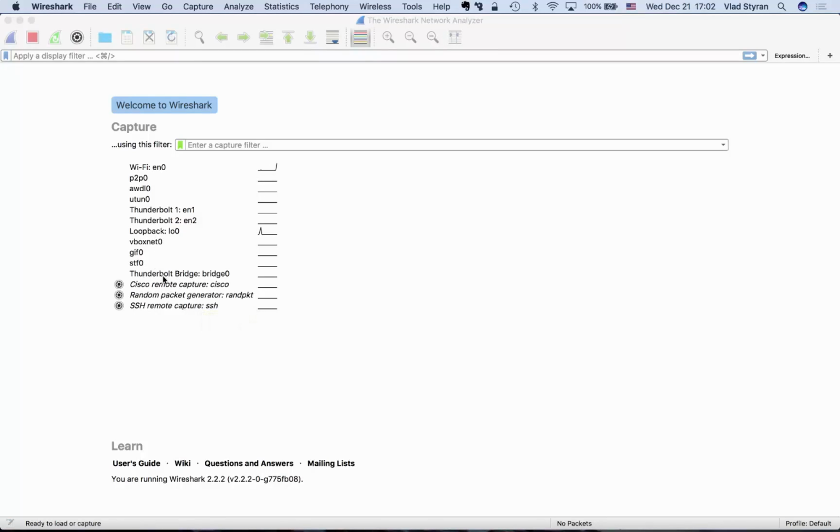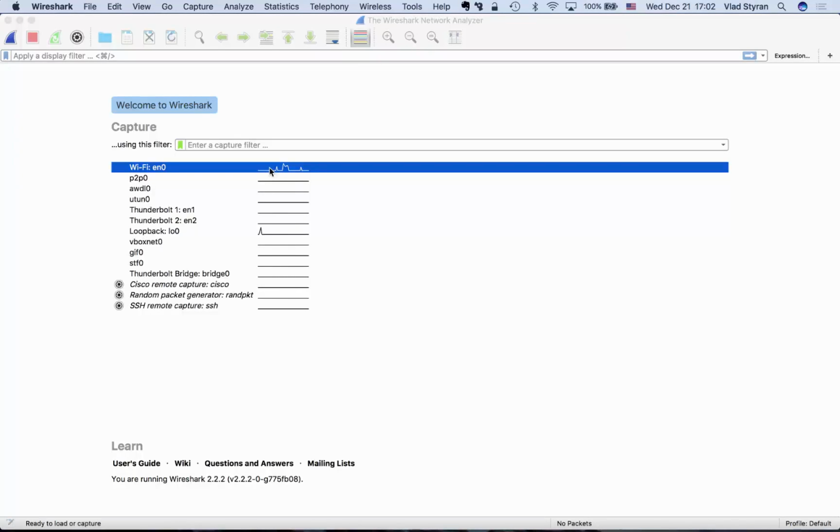So if I had a local host-only network on my VirtualBox right now being active, it would generate some traffic here. There are also ways for more exotic things, like generating some traffic using a random packet generator, or using remote SSH capture or remote Cisco capture. So these are more specific things. We won't discuss it here. For now, let's select only this